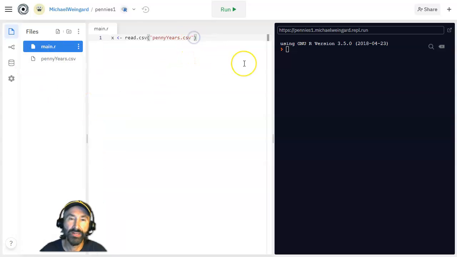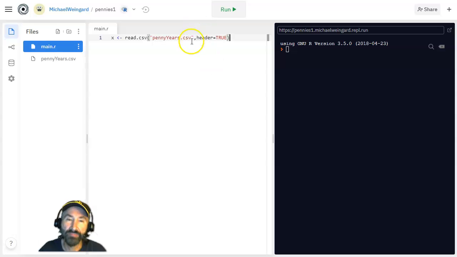And then I'm going to go comma, and I'm going to tell R that I am loading in a header. In other words, don't treat that top row as data. And we'll say header equals TRUE. Now you'll notice that when I put in pennyyears.csv, I use double quotes on both sides, but when I put TRUE, I don't. TRUE is actually a constant, and it has a value, and whatever that value is, it's important, and you have to write it as capital TRUE with no quotes